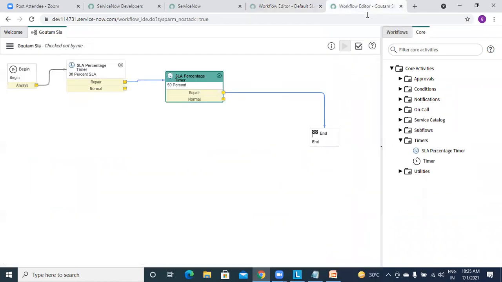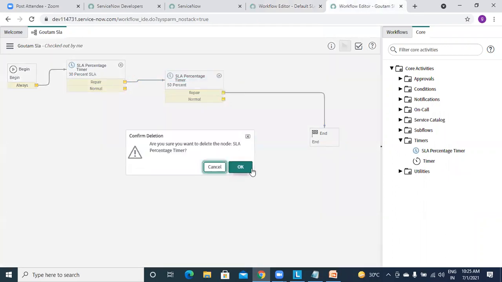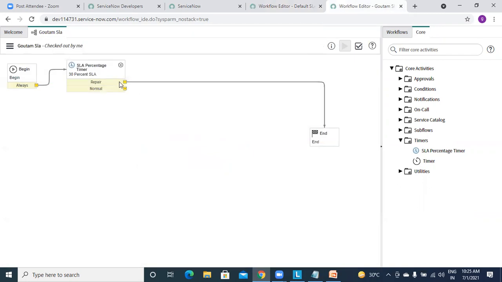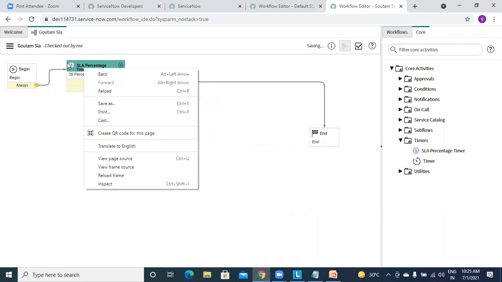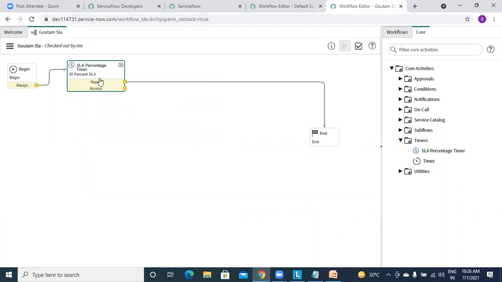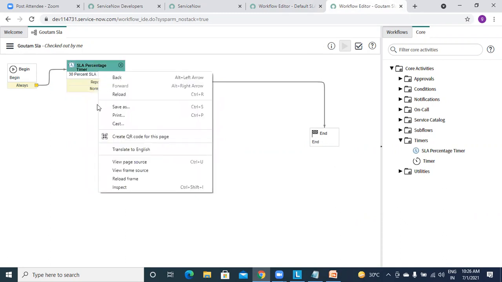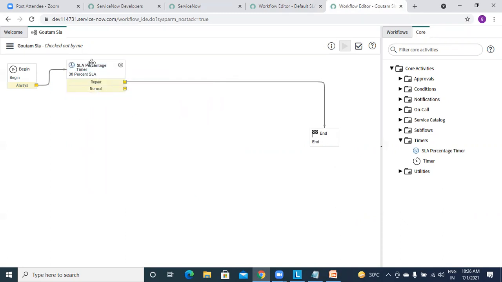So one more thing, before that I will try to delete this and show you one more thing on how we can do that. I can even click on this. Sorry. I'm not getting the option to duplicate. Actually, we should get an option to duplicate if we right click on that.